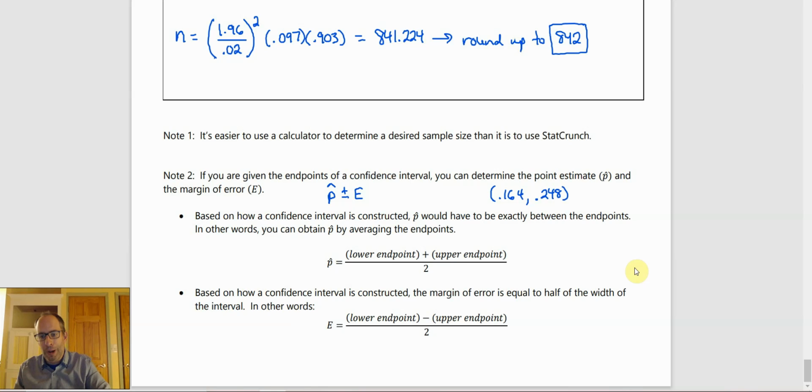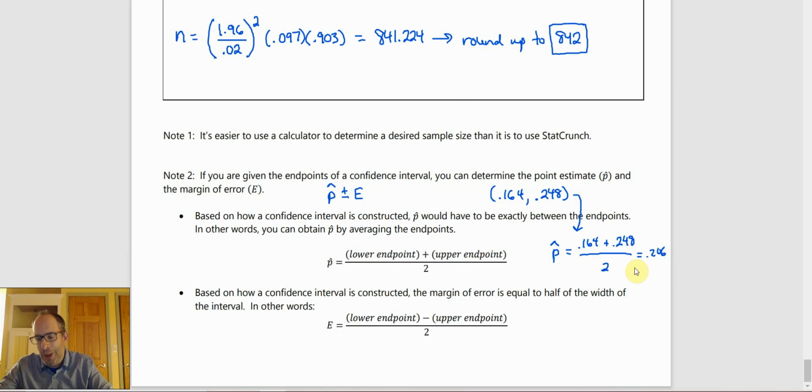So for this one, p hat would be 0.164 plus 0.248 over 2. Whatever that is, let's see, that's 0.412, so that should be